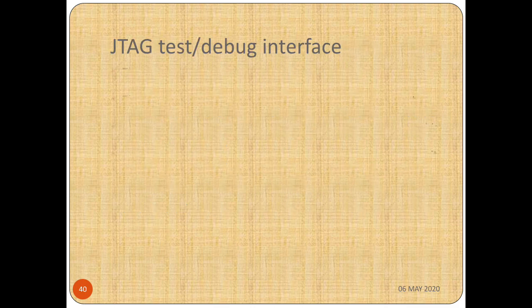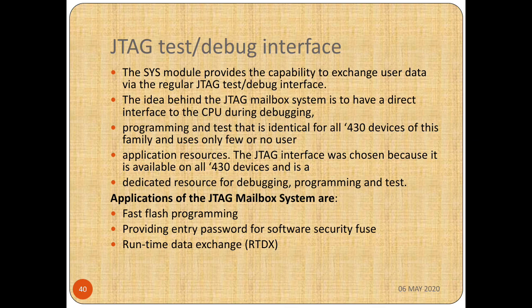If you are using JTAG, it can provide direct communication to the CPU, and because of that we can keep the program in flash memory. We develop the program on a normal personal computer, and from there we can test the program. That program is copied into the flash memory present in the MSP430 X5XS. By using JTAG, we dump the program, and then we can debug it using the JTAG software.